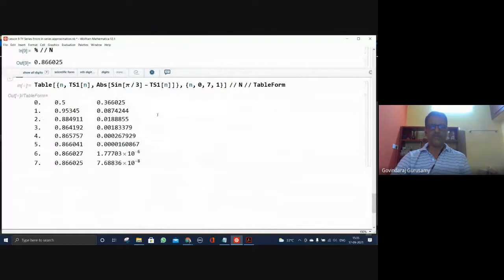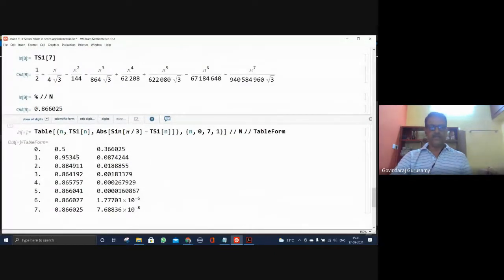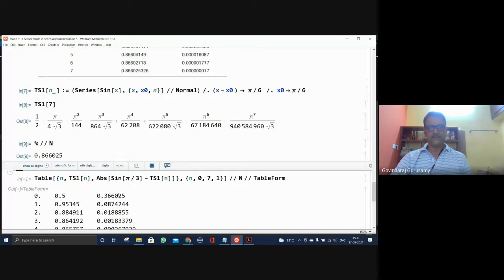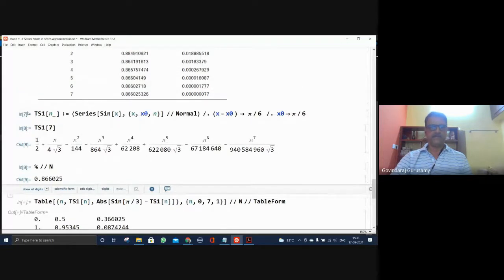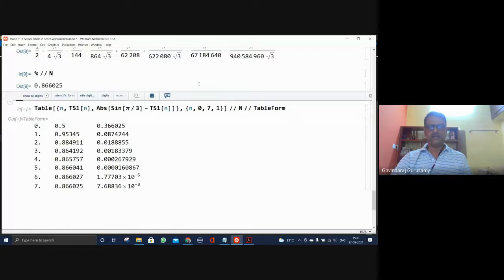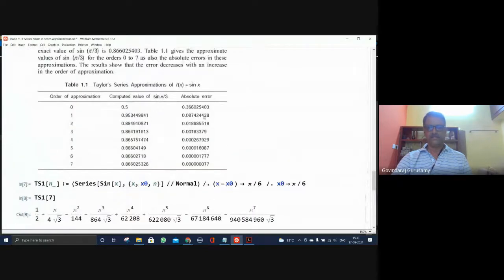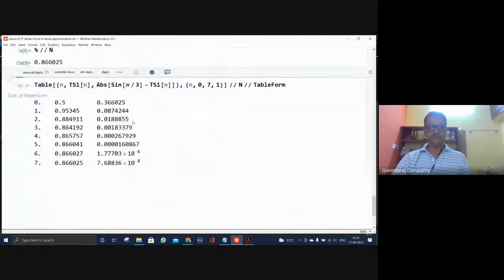And you can improve your accuracy by any number of digits that you like. This is limited, but we are not using that. That command also one can learn. Probably I will explain afterwards how the accuracy goal can be improved, and that improvement can reflect in the number of decimals that you want. I can go up to 15 digits, 25 digits, 70 digits, 100 digits accuracy. If you want it, you can have it. It is possible to find the results, but for the time being, it's enough to know that this is possible for us to get the result.